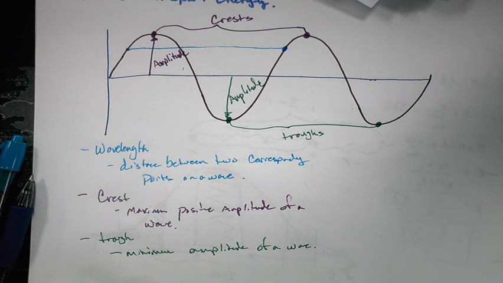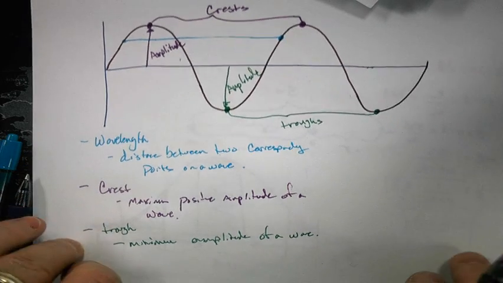Then there's two more, and they are inverses of each other, and we can't really draw them on here, but they are called the period